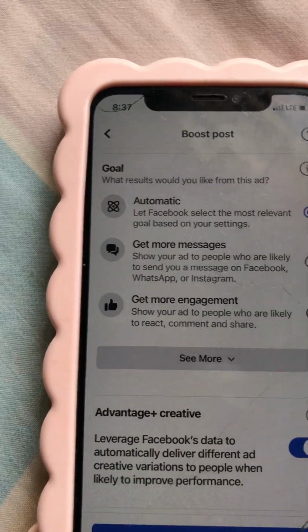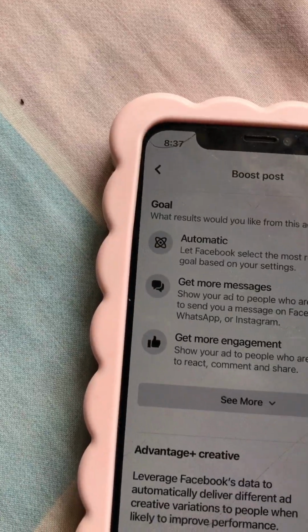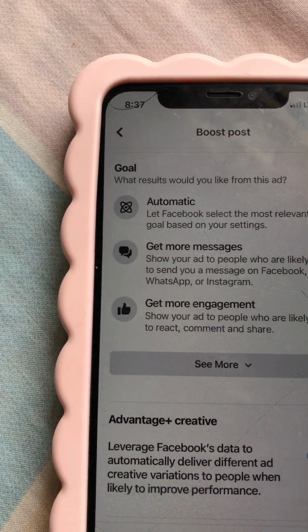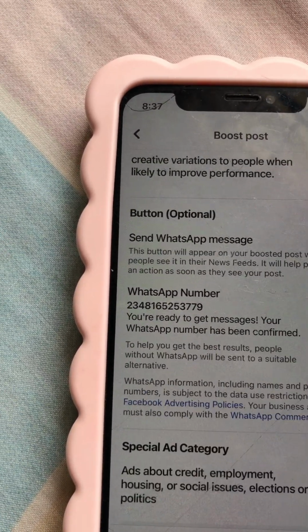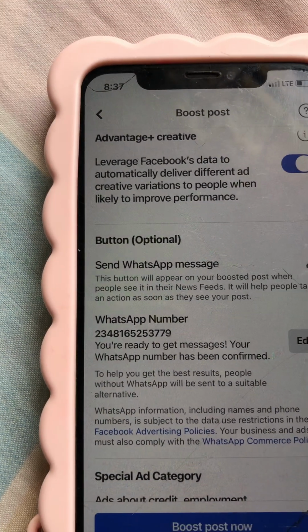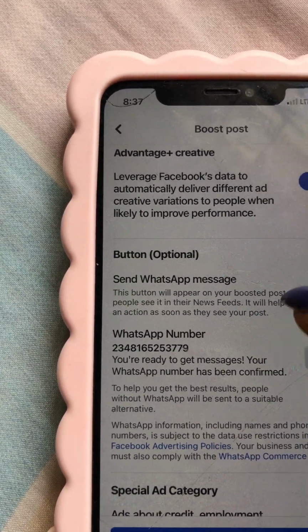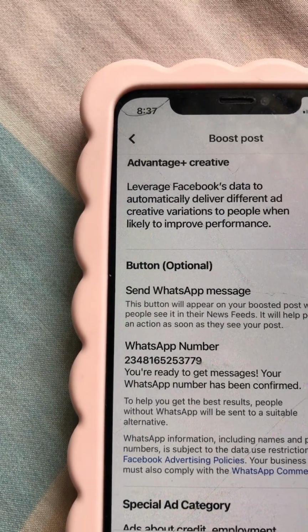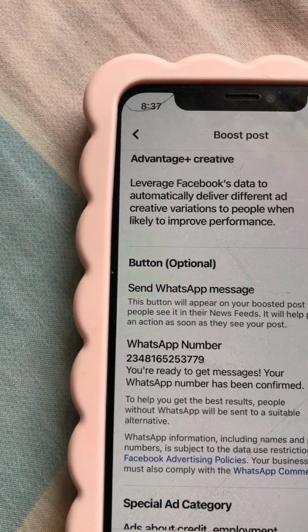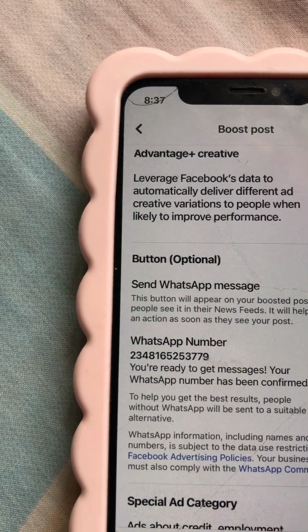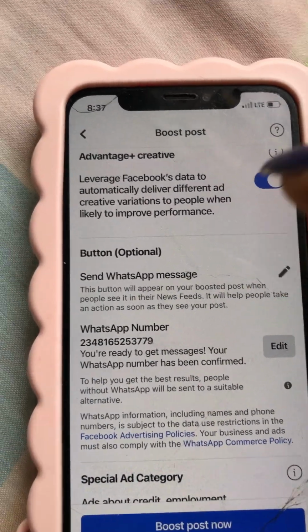So let's go back to post. Let's continue what we were doing before I actually remembered that. So get more engagement. You can leave that. These WhatsApp messages, you don't want to send WhatsApp messages. I don't know, but I'm saying from experience now. I don't know how it is for any other person, but from my own experience, I always put a no